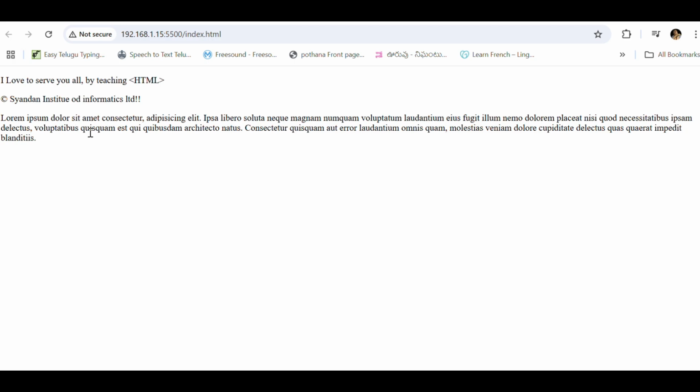So it looks like a very long single sentence filled across the browser, but we need a non-breakable space, which is a special entity. How do we do that? Let us see. If we observe this, this is a Latin word, right? So ipsum delicatus, like that. So let us copy this. We want that there won't be any breakable space between ipsum and delicatus. How do we do it? Copy that